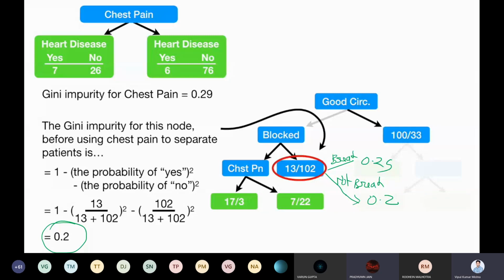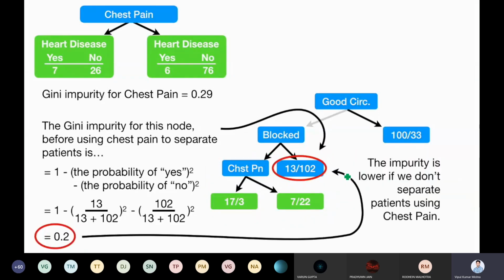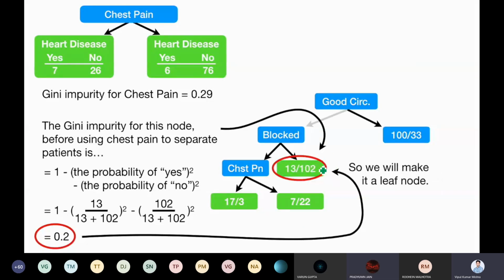Is it clear now? So we break the no on chest pain, right? Yes, break based on chest pain, the no part also and the yes part also, but initially we start with the yes part. We break for the yes, we break for the no. But in case of yes, we get a better result, so it gives a profit and we keep it. But in the no part, it is not giving profit, it is even going in reverse, reducing the quality of the result. So we will not break it. Instead of breaking it, we make this node itself a leaf node.